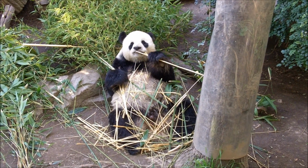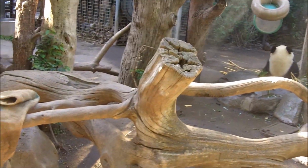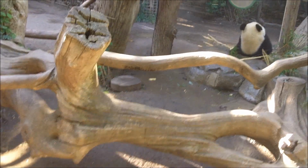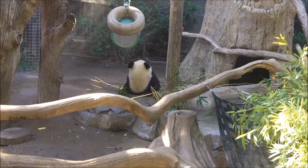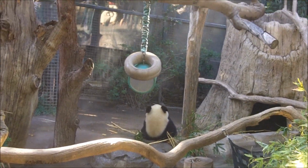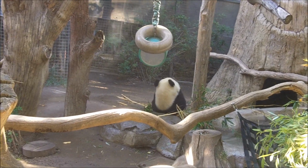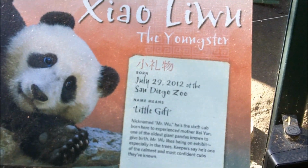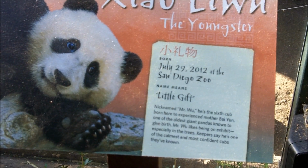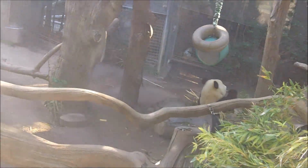You're welcome to stand in the back row for as long as you like, just as long as people can get around. He was born in the wild. He was orphaned and injured as a cub. When they found him, he was severely malnourished. He was taken to a nature preserve for veterinary care. When they tried to put him back in the wild, he decided he'd rather go visit local villages and raid their crops. So at that point, he became a danger to himself and the people around him, and he was taken back into captivity at the Wolong Panda Preservation Center. Now, once you've gotten a few pictures of him in the front,